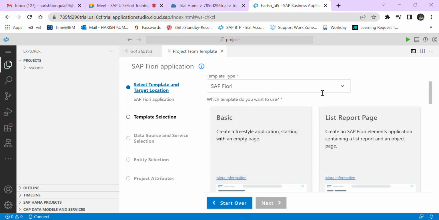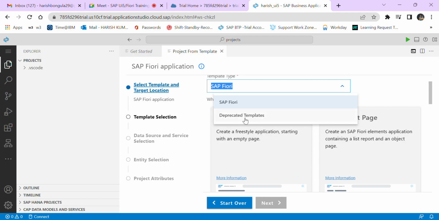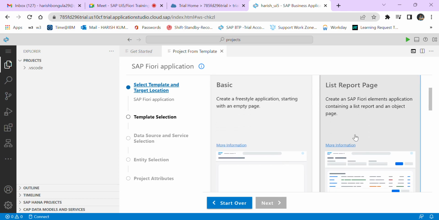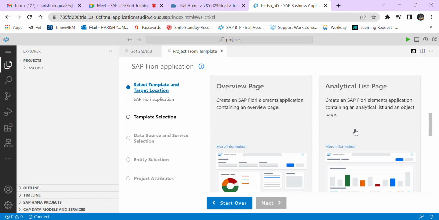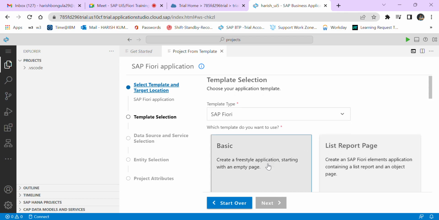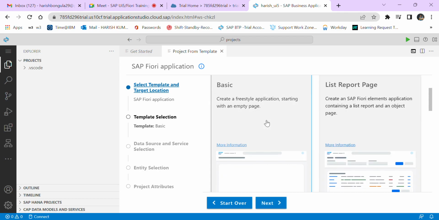So right now we'll use deprecated template, meaning the templates which are deprecated. So we are not going to use the deprecated template. The template type is SAP Fiori, and we are going to select a freestyle application. We are not selecting any list report, overview page, analytical, custom page. Okay, we'll select only the basic one, which is a freestyle application. Okay, next,